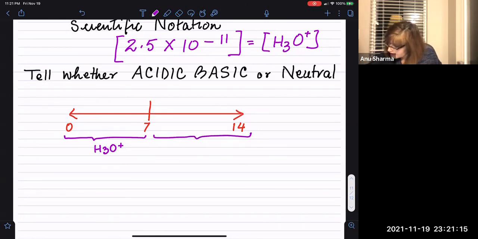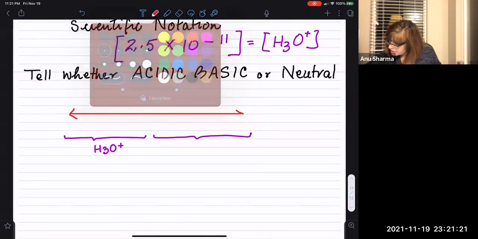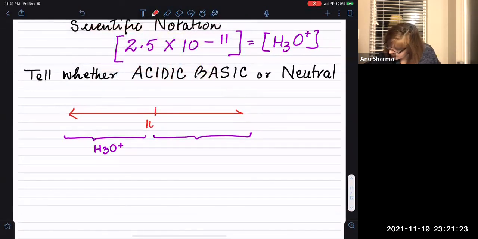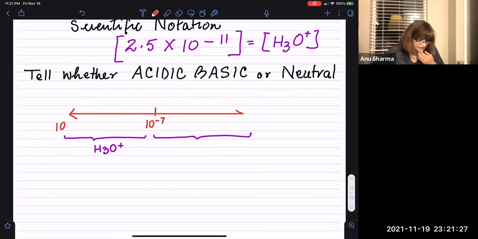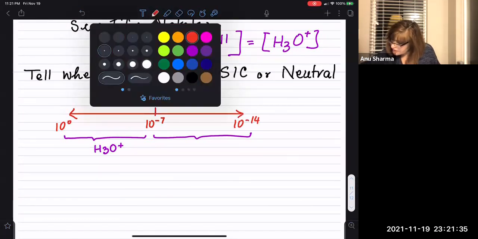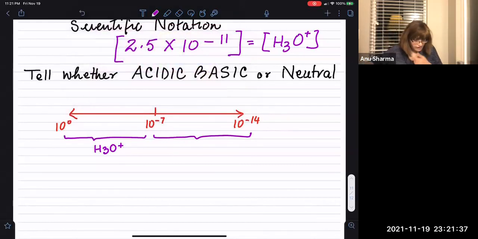Let's put it the other way around. This is 10 to the power 0, and this is 10 to the power -14. All right, so this is the hydronium ion, and that is the